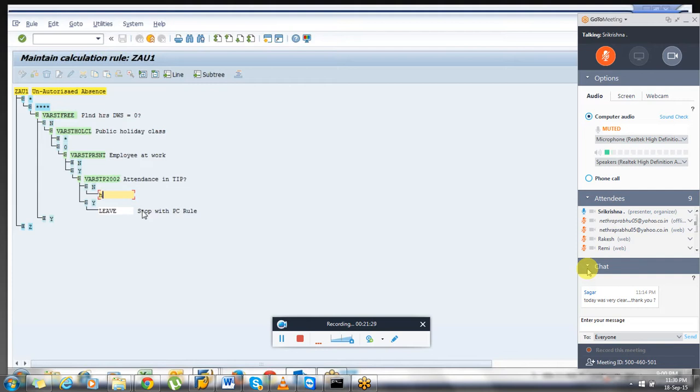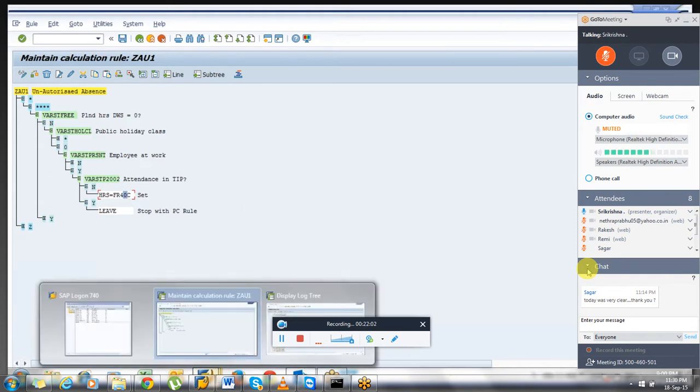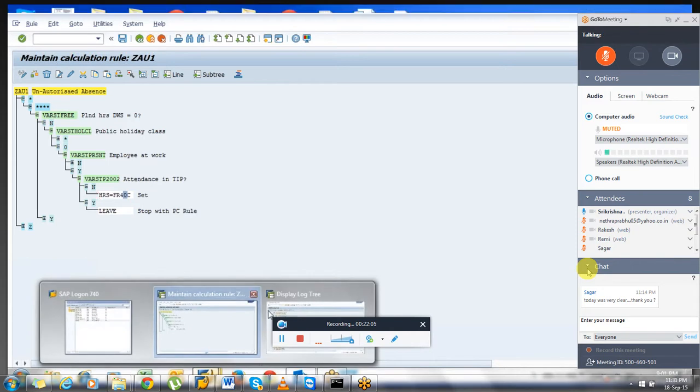So then I am going to do HRS equal to, if you remember the previous sessions, FR, I think, there is a compensatory off which I created, a quota called 40 and C. So whatever the remaining balance is from quota type 40, I am taking here. So I will show you. Can I tell this one?